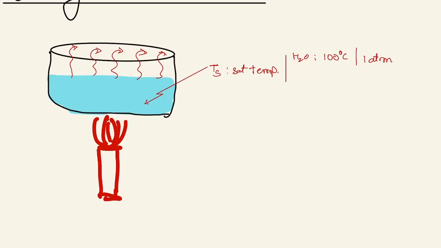Okay. Now I try to increase the heat from this particular burner. What you can see at that time is some small bubbles forming over here, and then these bubbles rise up and go away. Right. So this is also a way in which the water starts to boil. So we have now basically seen two ways in which the boiling has been done. I will be formally characterizing them and naming them in the near future in this class. As of now, I just wanted you to understand these two things.